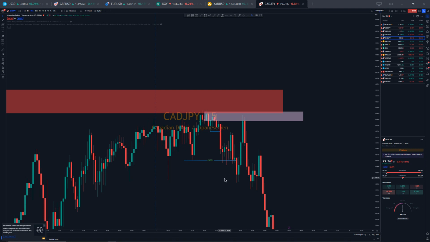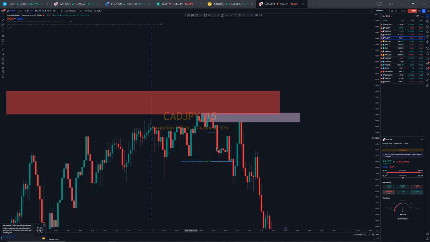So after we had a change of character, what do we expect? We expect price to go back to the order block that became responsible for creating this low. And what order block is that? It is that order block over there. We can even consider this order block over here, but nevertheless, you just have to take the one at the top right there, so that you can have a little bit of stop loss. So we take that order block, and then the market starts coming down,